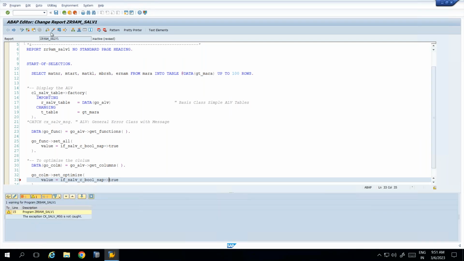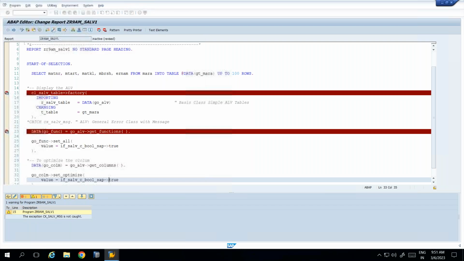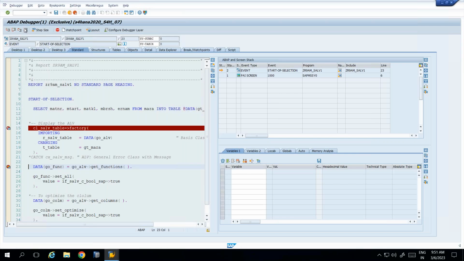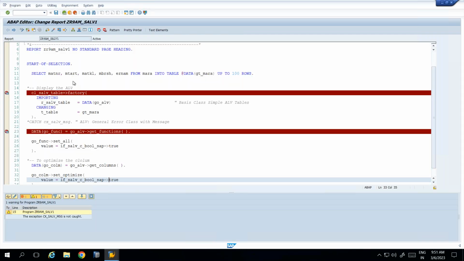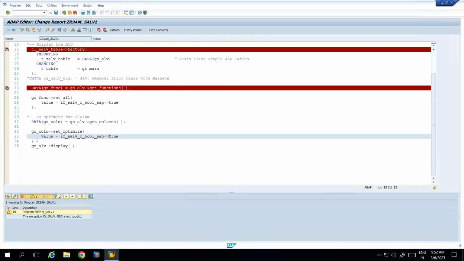So check this. Now let's activate your code. Now let's click on execute. Now let's say execute and execute. See here, the column has been optimized. If I go back right now and remove this optimization